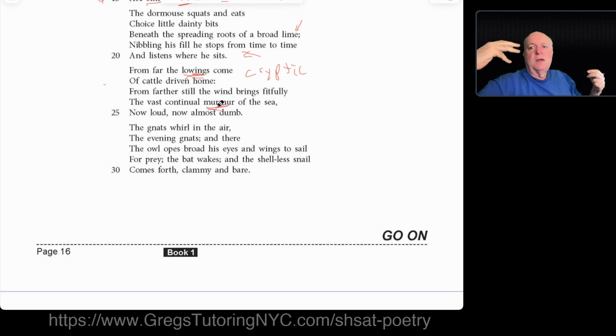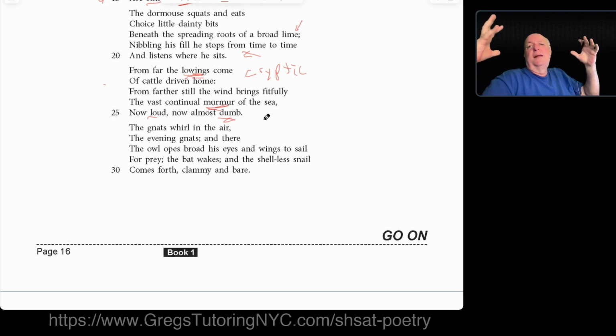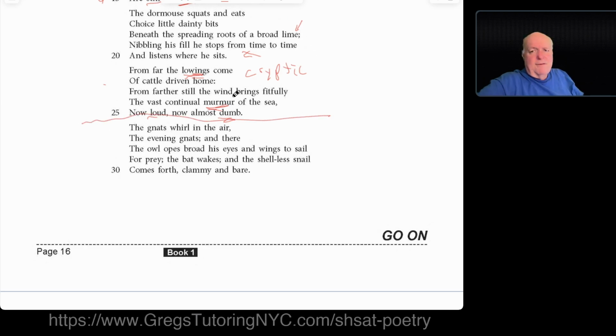There might be waves, might be more windier, things are splashing, and there's whoosh, kind of a thing there. Now loud, now almost dumb. So again, it's even personifying, if you will, that the wind is calming down for the end of the day too. Now we know that's not really how wind works, but the author is staying consistent with this theme about what's happening. We can almost draw a line here and kind of figure out what's happening in the poem already. Now let's not draw a line though, because there's still another page, and the author might change and start